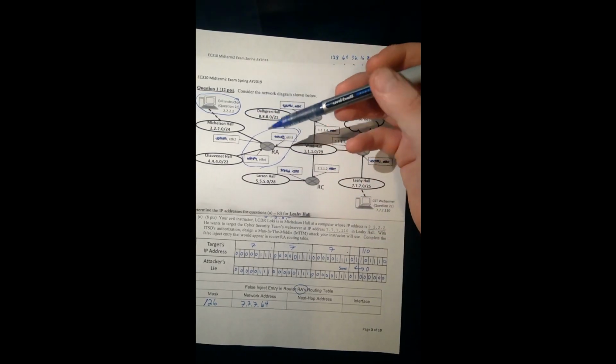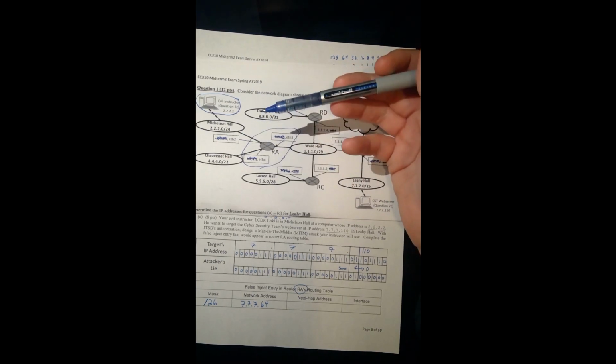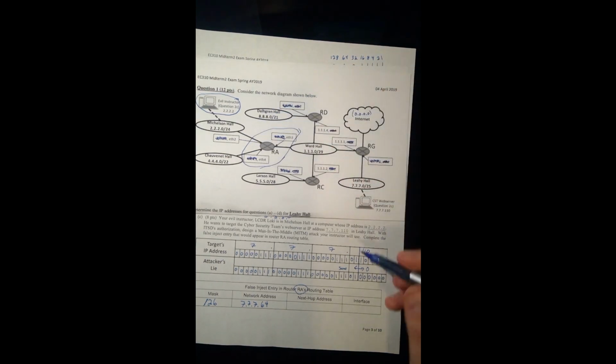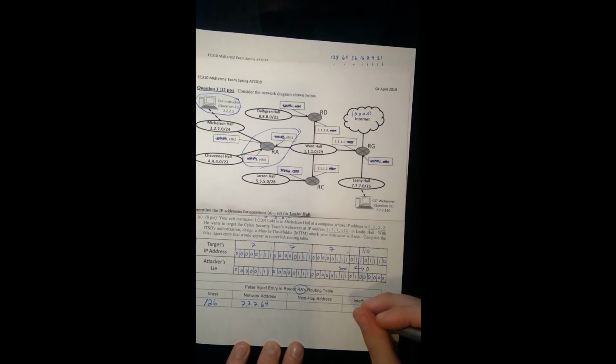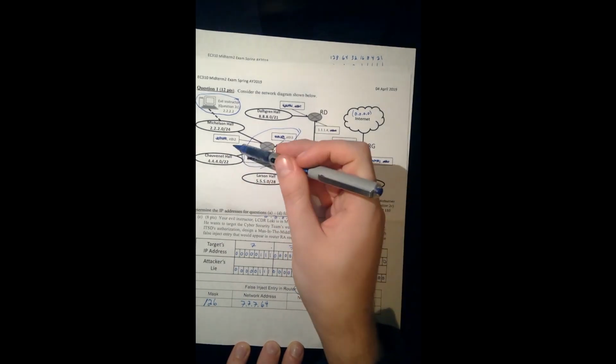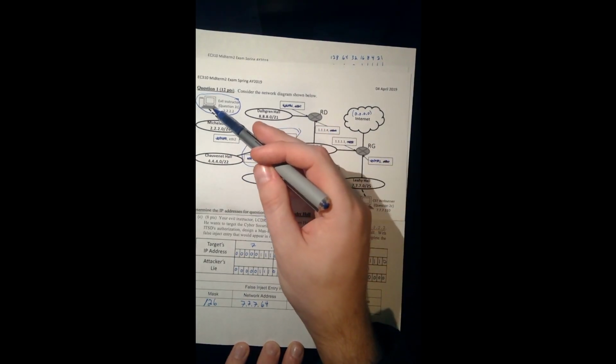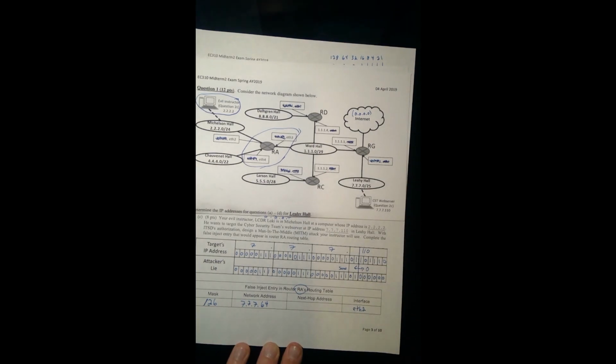We have to remember that the evil instructor is acting as a router in the man-in-the-middle attack. So for our next hop address, if we're leaving router A, we're going to leave Ethernet 2 to go in that direction right here. And we're going to go to the evil instructor, which is pretending to be a router. Since we hit a router on our way to the destination, we're going to use the evil instructor's address as our next hop address. So that's 2.2.2.2. This is just understanding that in the man-in-the-middle attack, the attacker is pretending to be a router, using that OSPF protocol to insert themselves as a router on the network. And that means they are a